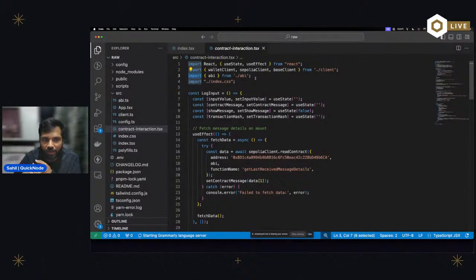A smart contract is compiled and stored in a bytecode format on a particular chain, because the smart contract we write in Solidity, and the EVM, which is at the end of the day a machine, cannot understand that smart contract out of the box, right? So it needs to be converted into a machine-understandable format, which is bytecode, and that's how